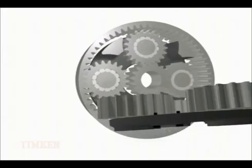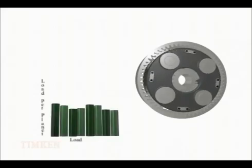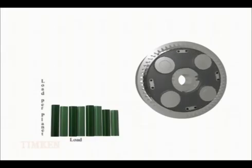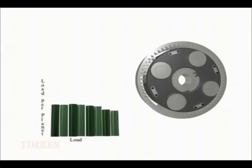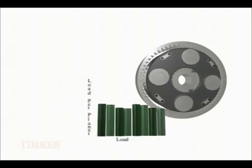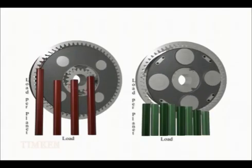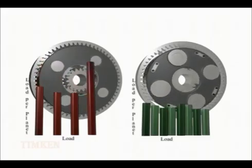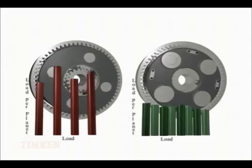Another significant feature of the Timken Flexdrive is that it contains 2 arrays of these integrated flex pins to share the system load. This innovative design supports the load on 8 separate load paths, which in turn reduces the design load to 16% per planet, each without misalignment. All of this adds up to the Timken Flexdrive providing 50% more torque and horsepower capacity than the conventional planetary gear system. This is truly a remarkable breakthrough in power